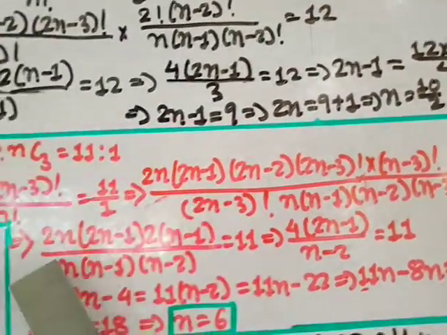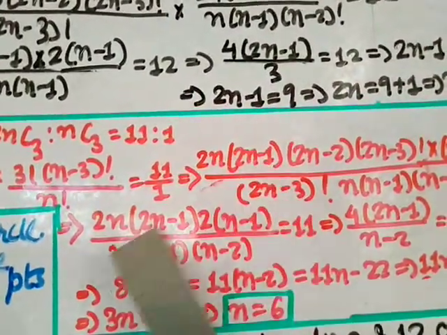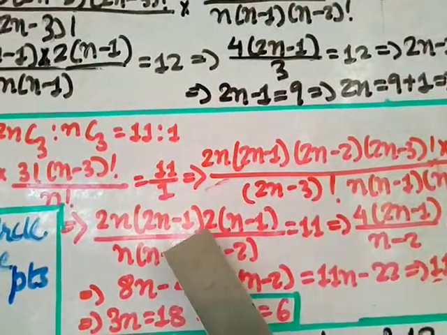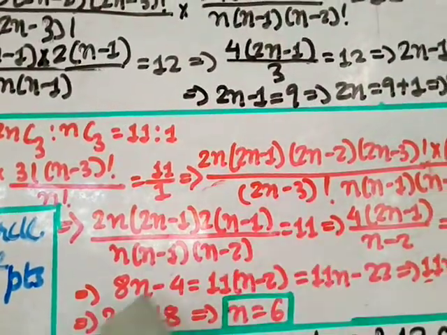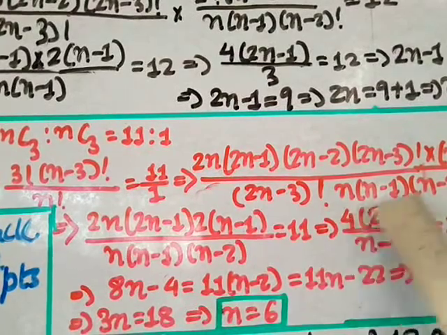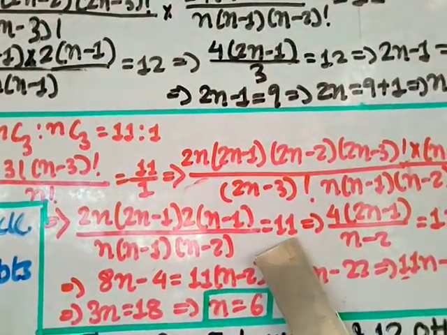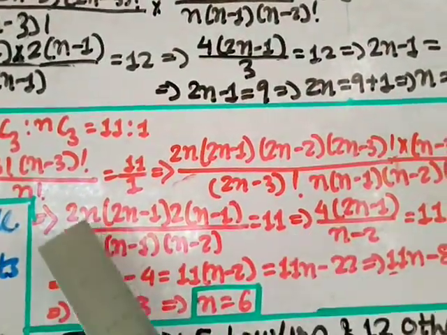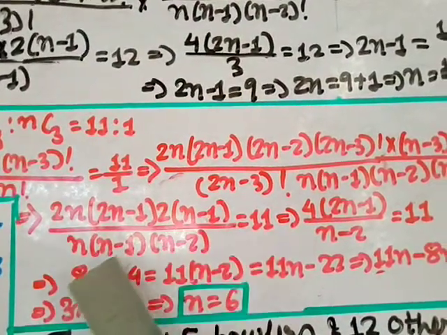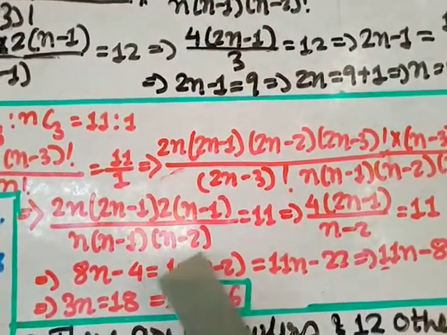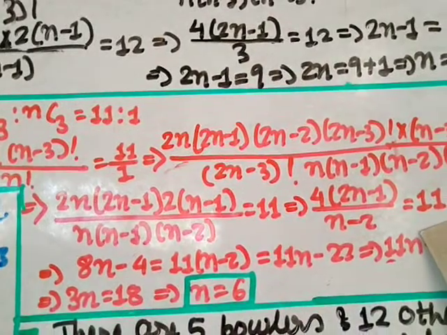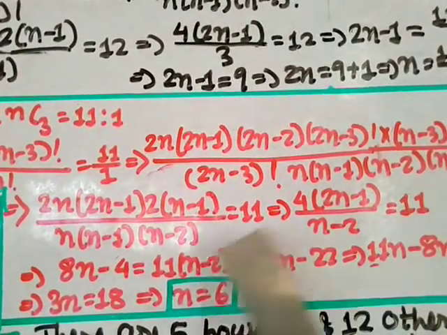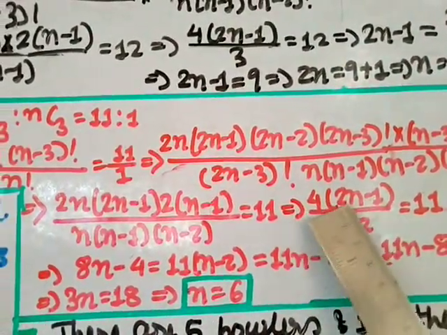So let us write here, what remains here is 2n, here 2n minus 1, 2n minus 2, from there 2 is taken, so n minus 1. And in the denominator remains n minus 1 and n minus 2 equal to 11. 2 into 2 is 4. This n and this n cancel, n minus 1 cancel, so here remains 2n minus 1 and denominator n minus 2 equal to 11. This you transfer over here, and this 4 you multiply inside, so 4 into 2